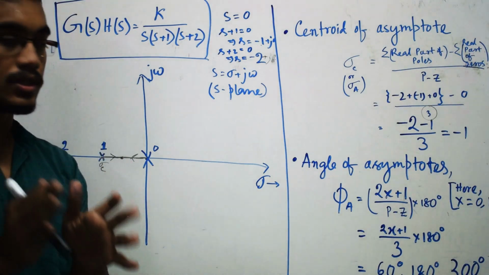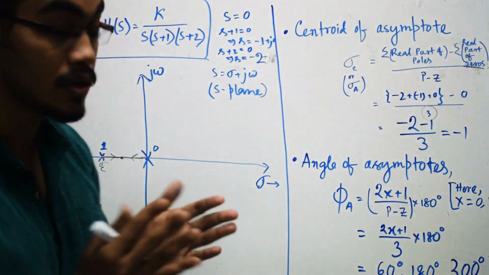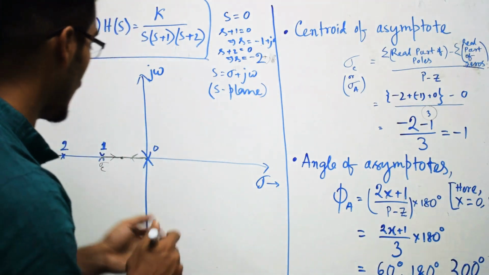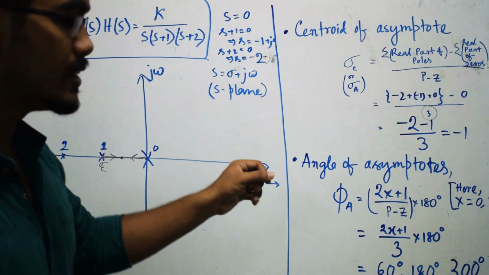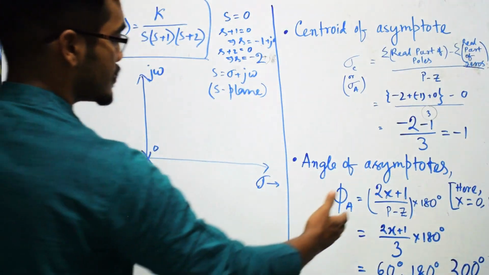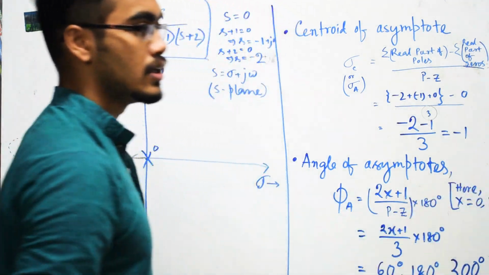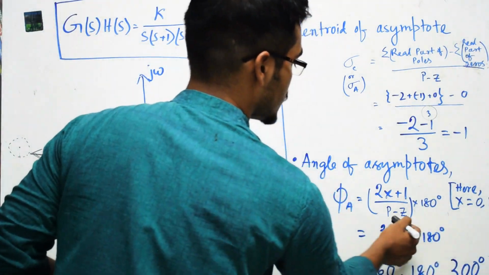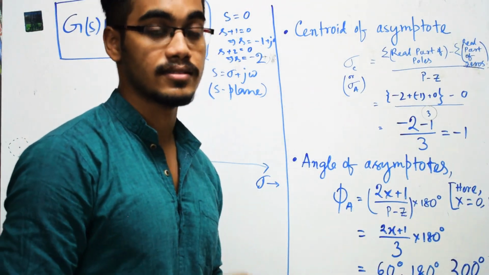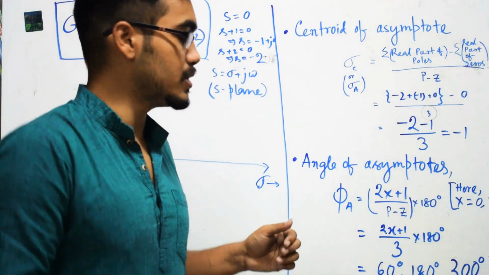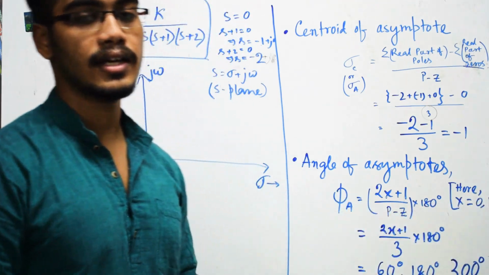From the asymptotes you need to understand the angle of asymptotes. This is a very important point, because through this you understand that after the breakaway the root locus will be going in the asymptotic direction. There is a direct formula, that is (2x plus 1) times 180 by p minus z. x is here 0, 1, 2. You need to understand x is also dependent on p minus z. P minus z is 3 here, so there will be 3 values of x, considering 0 itself: 0, 1, 2.